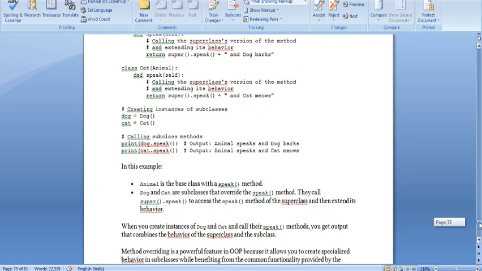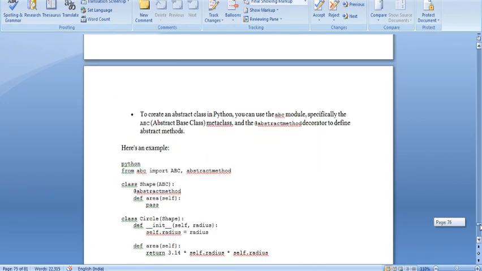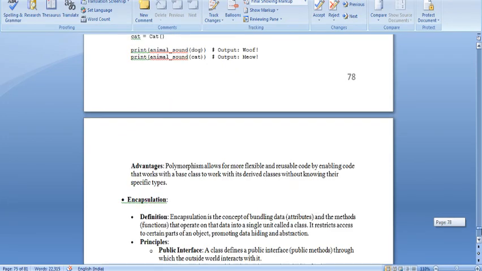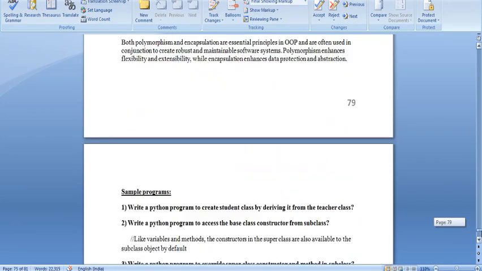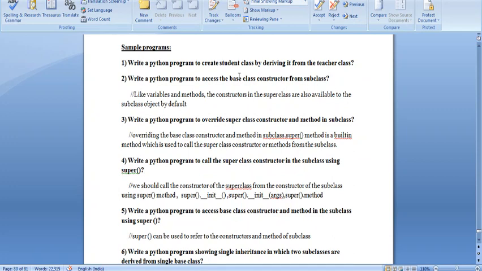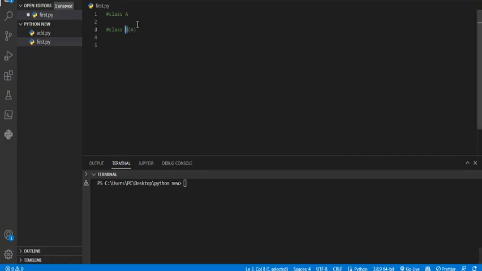We'll see with an example and we'll get a clear idea. Okay, the first program: write a Python program to create a student class by deriving it from a teacher class. Here the teacher class is the parent class and the student class is the child class. How will we inherit properties from the parent class to the child class? We'll see. And for this program, I am using